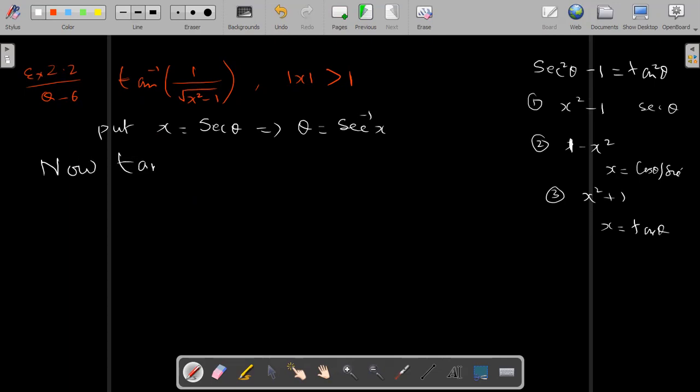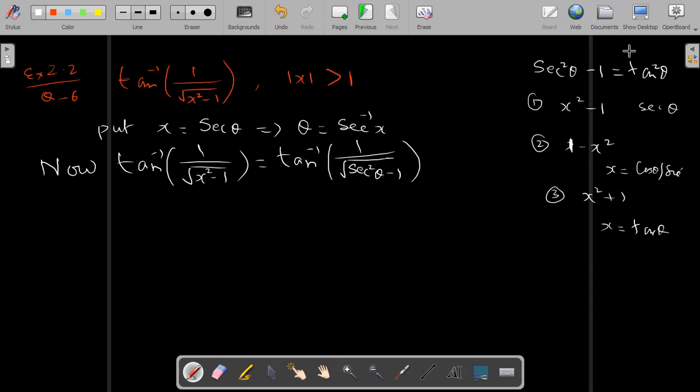So tan inverse 1 by under root x square minus 1 can be written as tan inverse 1 by under root sec square theta minus 1, and sec square theta minus 1 is tan square theta. So you can write tan inverse 1 by under root tan square theta,